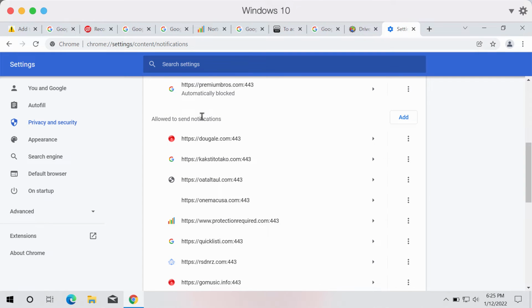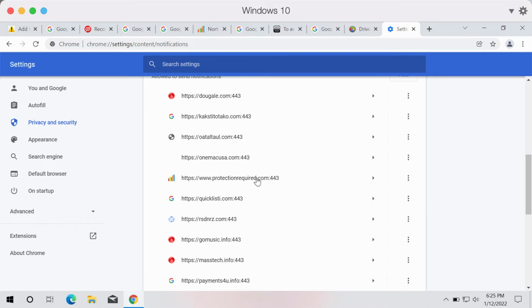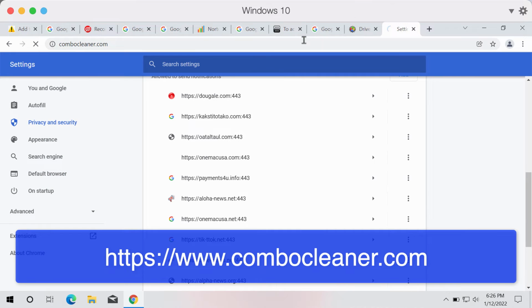Now go to the section of the site that displays pages that are allowed to send notifications. When you find this malicious site, protectionrequired.com, you should remove it from the list, and you should definitely delete other junk sites of similar nature that might show such scary alerts or multiple pop-ups. After you remove all these malicious sites, the problem should be fixed, but I also recommend